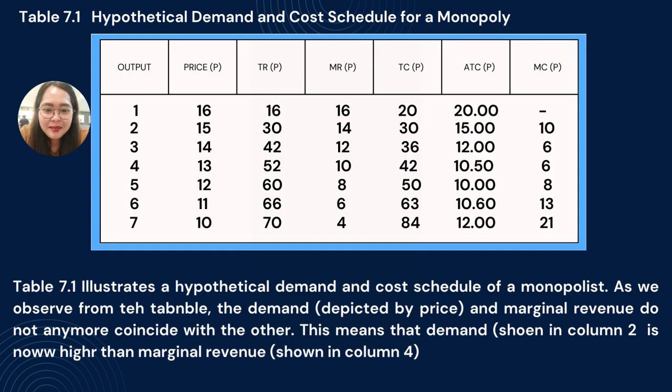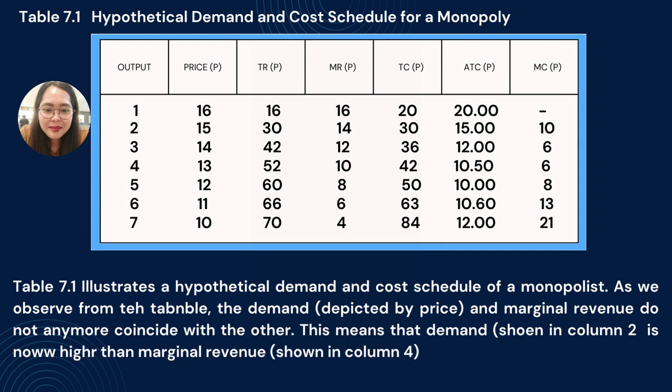A monopoly is free to set any price it chooses and will usually set the price that yields the largest possible profit. So, nagpasabot nga dili hingpit nga kakompetensya kinahanglan nga magpaubos sa presyo aron makabaligya pa. In table, so makita man na ninyo diya sa table. Table 7.1, hypothetical demand and cost schedule for a monopoly. It shows that the table depicts the cost and revenue schedule of a monopolist.